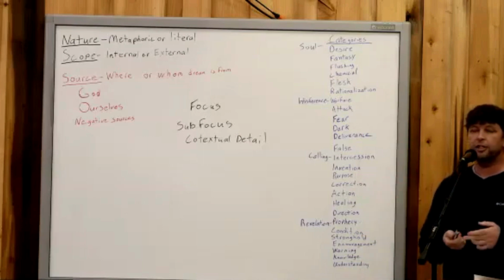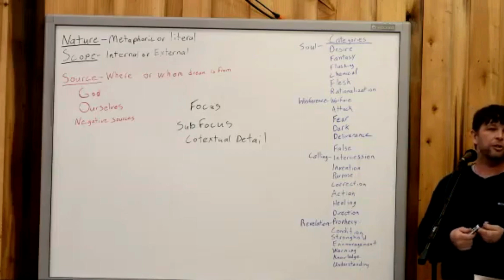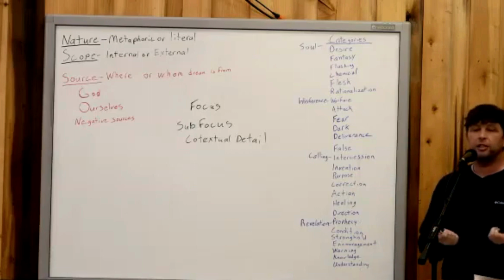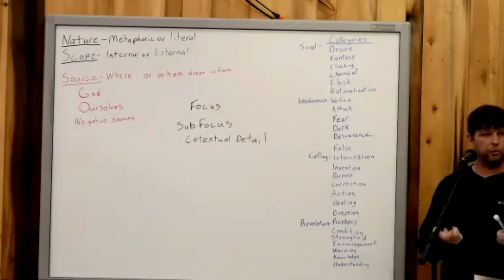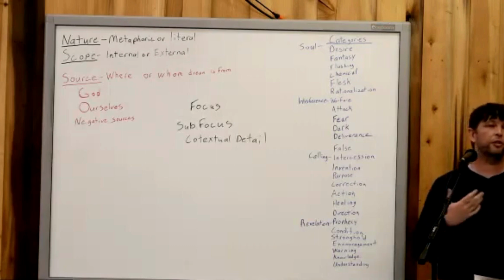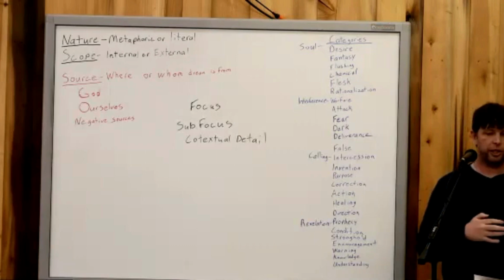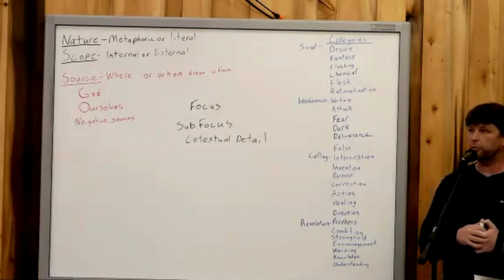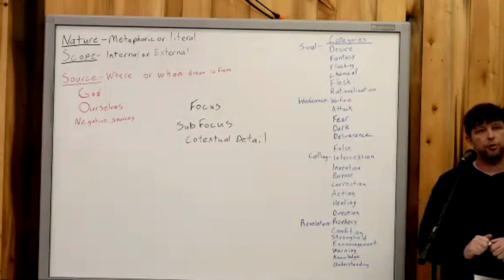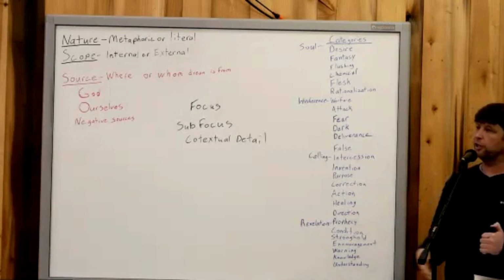If the grass is green, that may not be a contextual detail of the dream, primarily because most grass is green. If the grass is pink when you walk out of your house, you might want to make that a contextual detail of the dream. Some people say, I was in a dream and I walked into my living room, and there was a green couch and a brown table in the corner, and then the walls were beige and there was an auburn kind of rug in the middle of the room, and then there was a wooden chair off to the right,